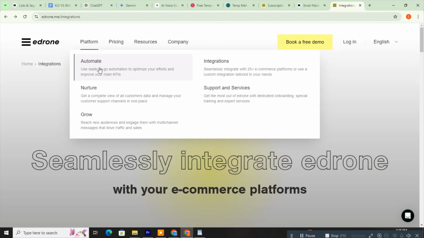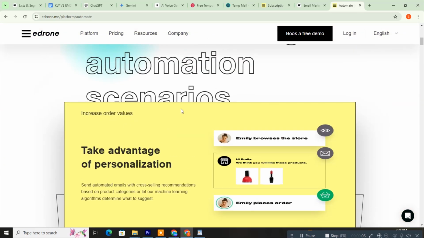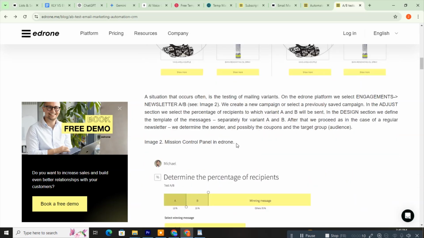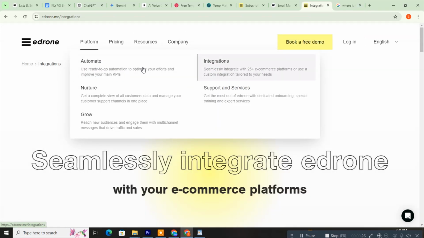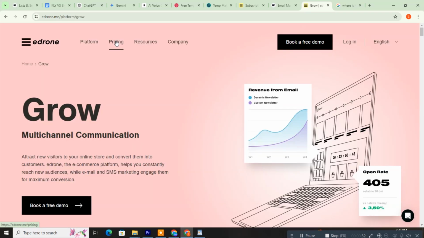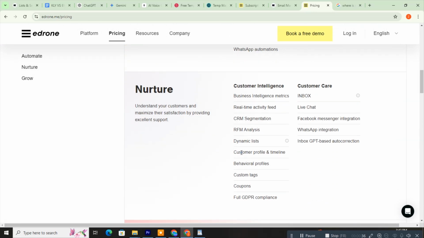Now let's look at Edrone. Edrone is also a popular email marketing platform, but it offers a different set of features. Its segmentation capabilities are basic, and it has limited automation options. A/B testing is available, but only at a basic level. Edrone has restricted integrations and offers only basic analytics. Additionally, Edrone offers a free plan with limited features and a tiered pricing structure based on the number of emails